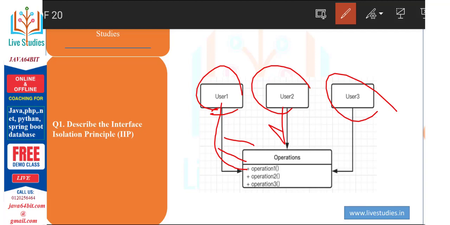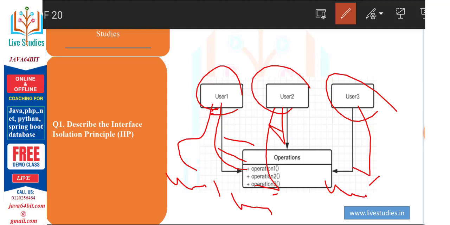Suppose user 1 can use user 1 operation, user 2 can use user 2 operation, user 3 can use user 3 operation, right? Each operation is separated. Based on the principle of interface segregation, all we need to do is reduce the definition of an extensive and complete interface. The interface to be implemented by the class should be decomposed into multiple interfaces, and then implemented according to the required function,